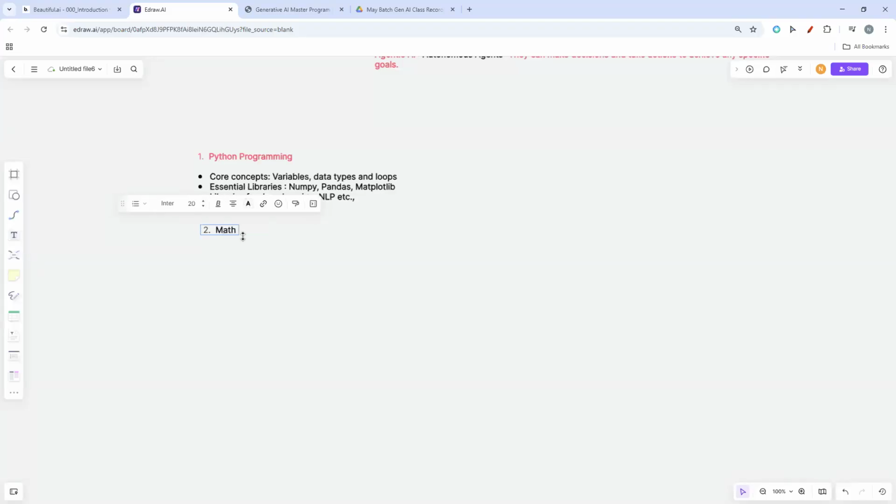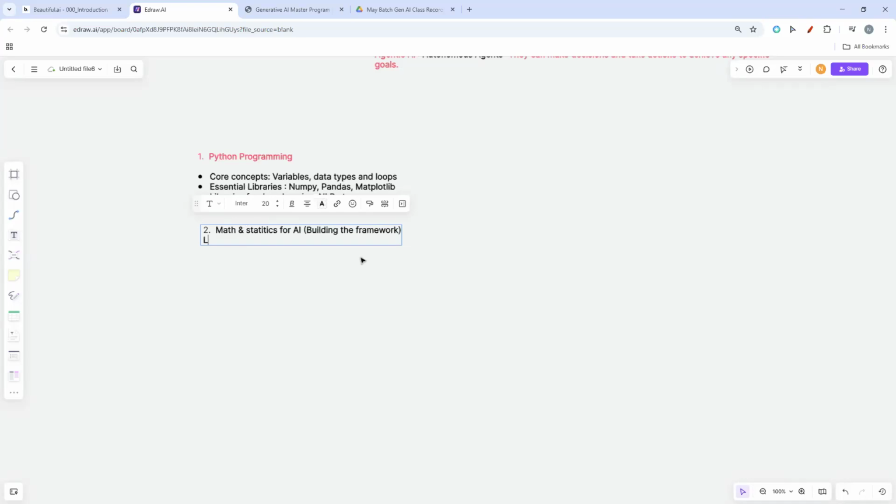Then math and statistics for AI. This is for building the framework, understanding the why behind the AI models.